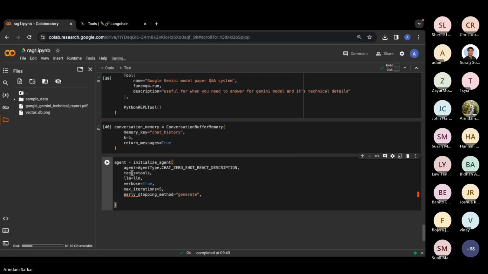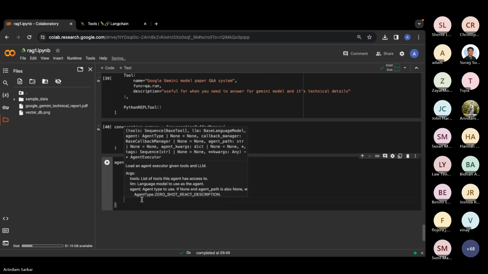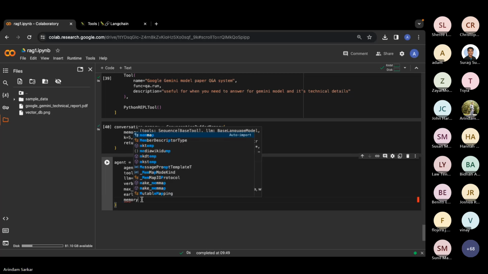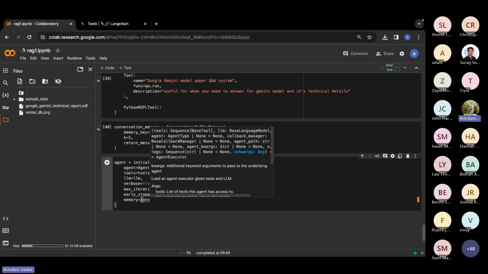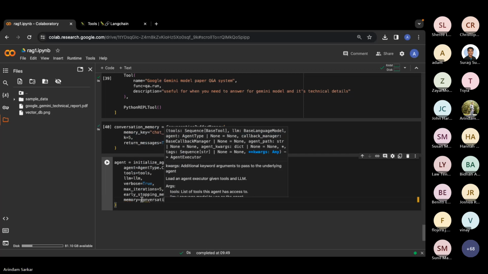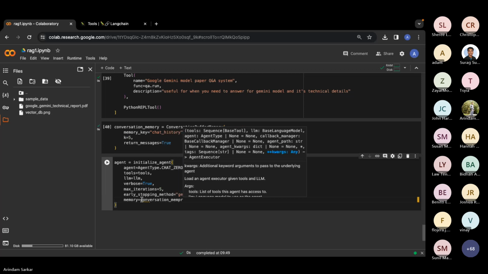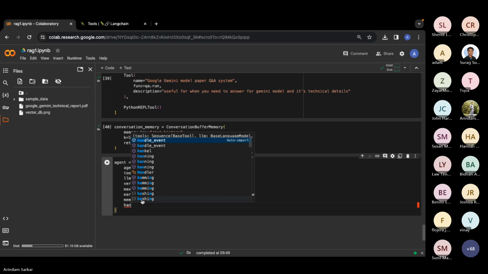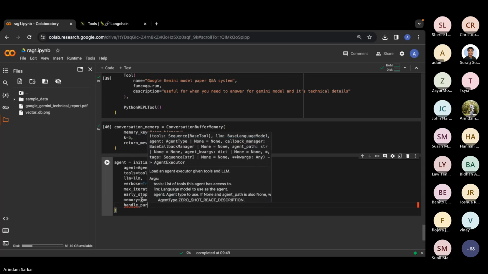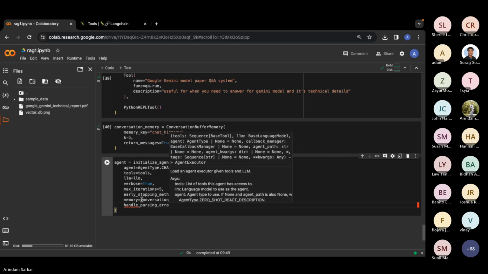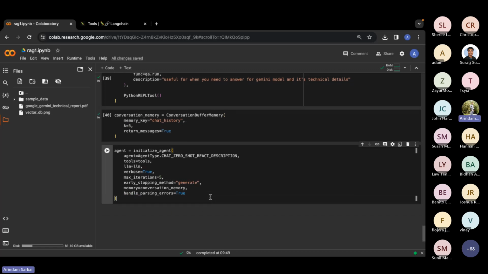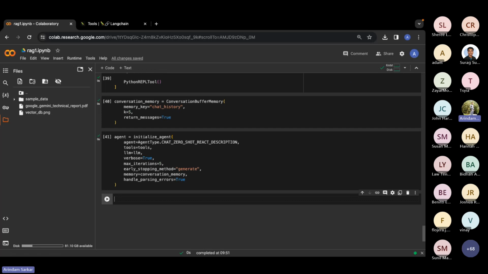Generate memory, conversation memory. So our agent is created.